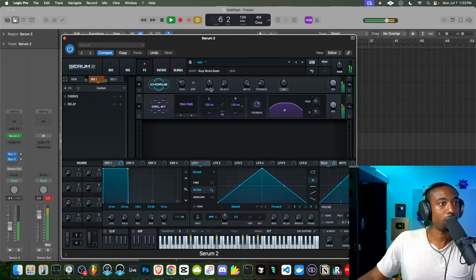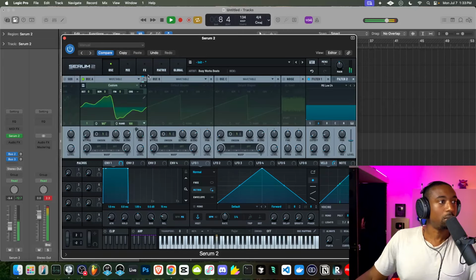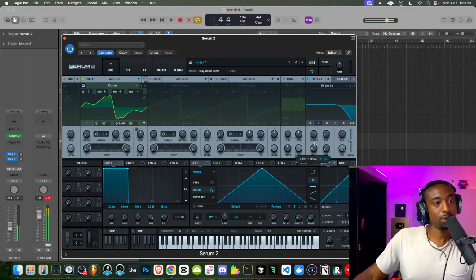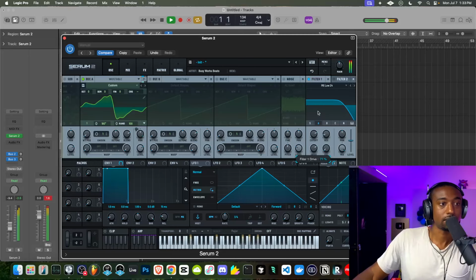For that drone sound, we can pull back that chorus. Now, if I want more tone, I'll bring in the original. Another thing, people don't mess with this drive knob a lot. They don't realize that this adds a lot of harmonic content before it hits the filter, I believe, is the sequence. And then the filter chisels out the harmonics. So it's another way to get a nice full sound without adding a bunch of stuff.